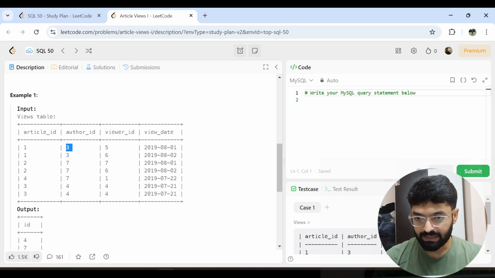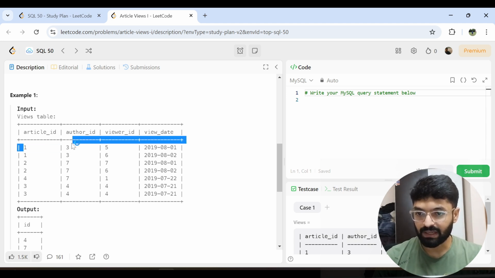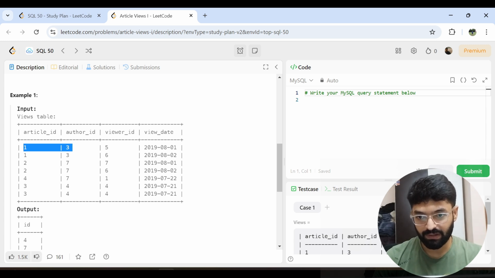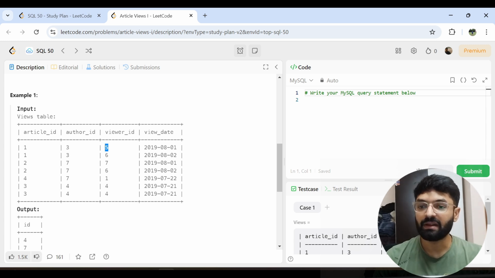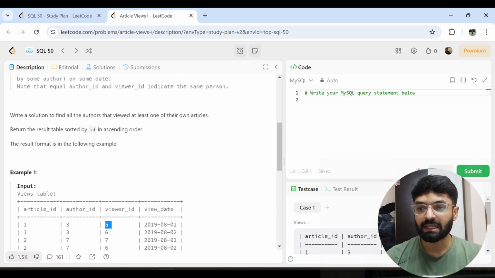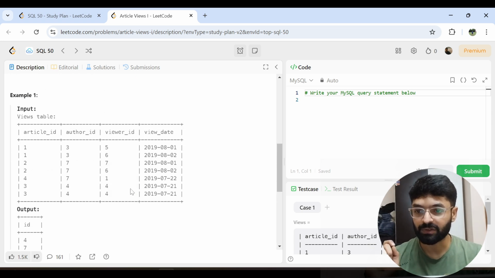So article ID 1 has been written by author ID 3 and it has been viewed by viewer ID 5, right? In the question, it is asking that you have to find all the authors that viewed at least one of their own articles. So mark this phrase, at least one of their own articles, right? So it means that